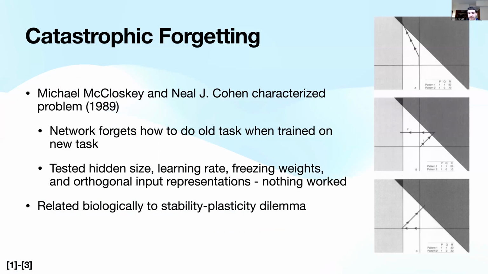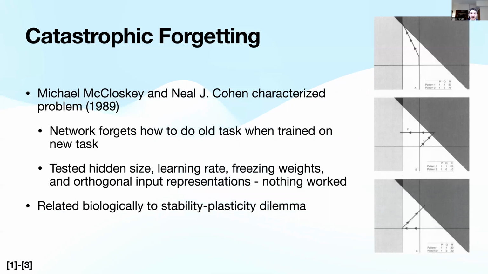However, if you're only considering patterns for each one individually, and you train sequentially instead of jointly, you have this problem emerge where you enter one region and do well at that time on that task. But the second you move to train on the next task, you just leave the region. There is no incentive for the model to not take the easiest route to the best area in the weight space. And if that means leaving a place where the prior task had good performance, then so be it.